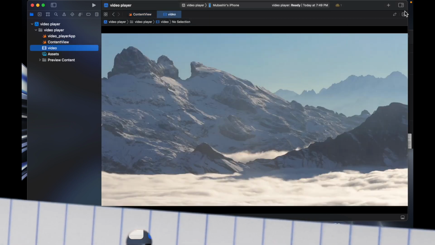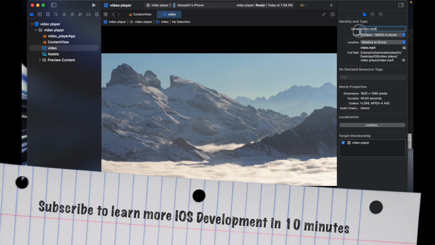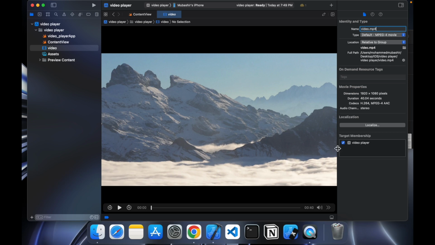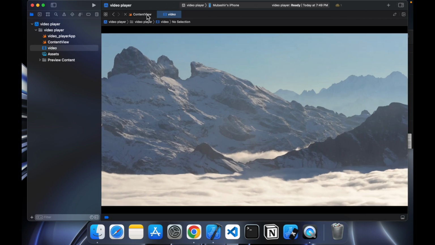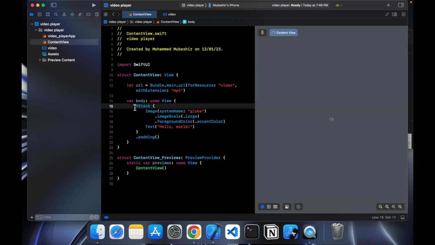Now how will you know the extension of this? Just click on the video, click on this, and here you will know the name of your video and the extension. Now if you forgot to click on the add to target, here is the checkbox, here you can click. Okay, now coming back here, I will just remove this. Okay,